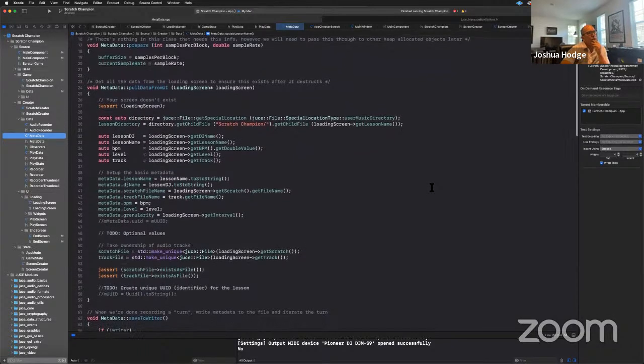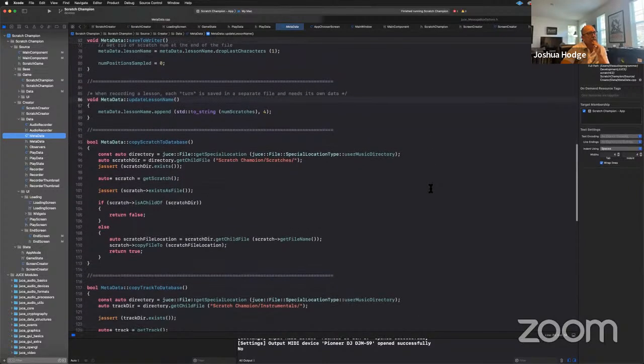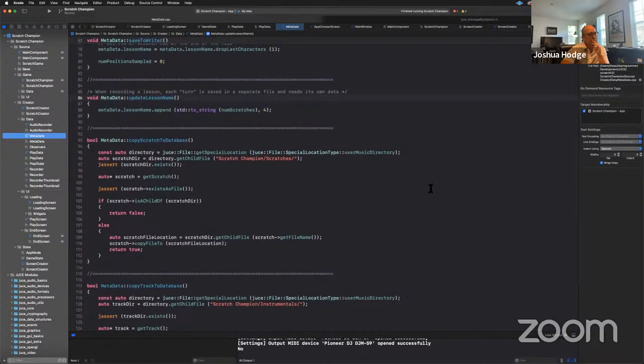So it's pulling the data in and it's saving it and everything. And now how do I access that from